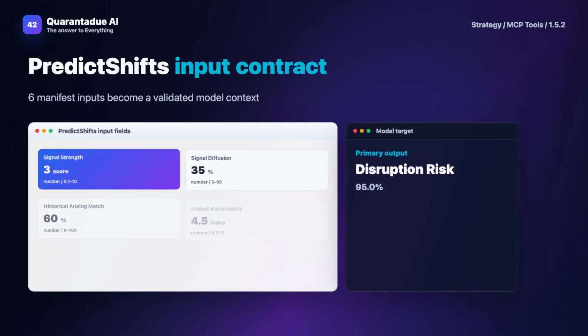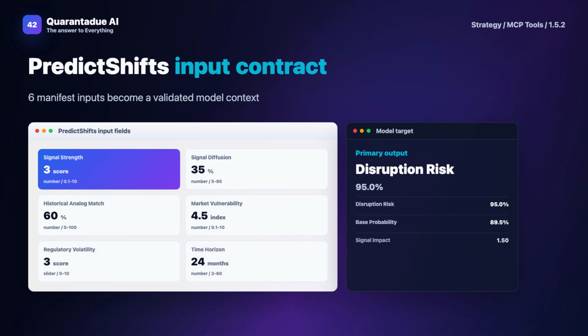The workflow then applies these steps. Calculate the combined impact of weak signals by multiplying signal strength with historical analog match percentage and scaling by market diffusion percentage. Calculate the time-adjusted probability of disruption based on signal impact over the specified time horizon, using exponential decay to model